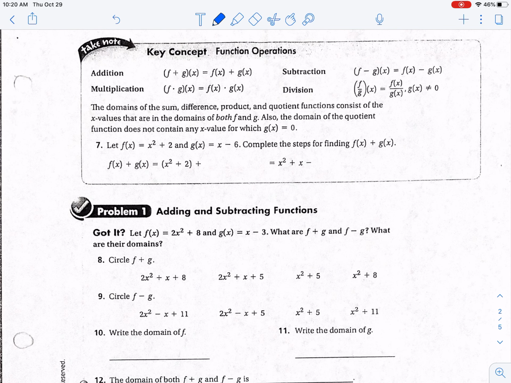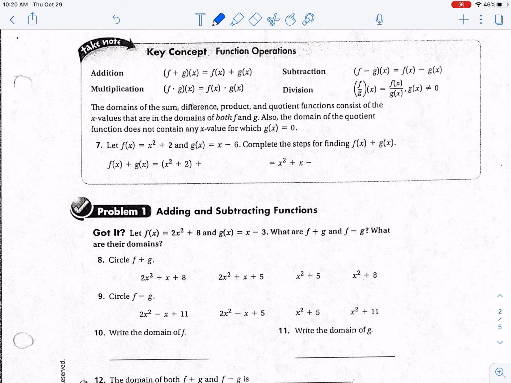Notice the f plus g of x is the same as f of x plus g of x. When I take f minus g of x, that's the same as taking f of x minus g of x. When I take f times g of x, that's f of x times g of x. And when I divide f divided by g, that would be f of x divided by g of x